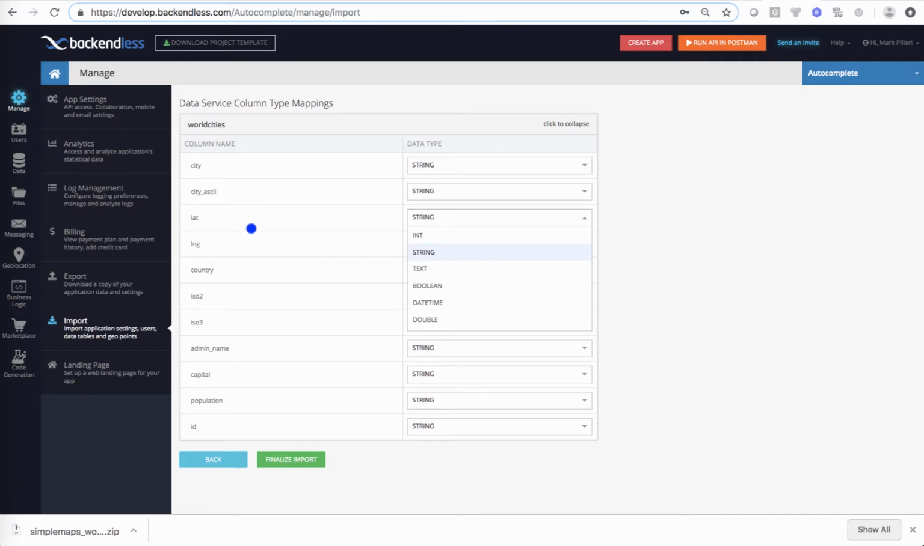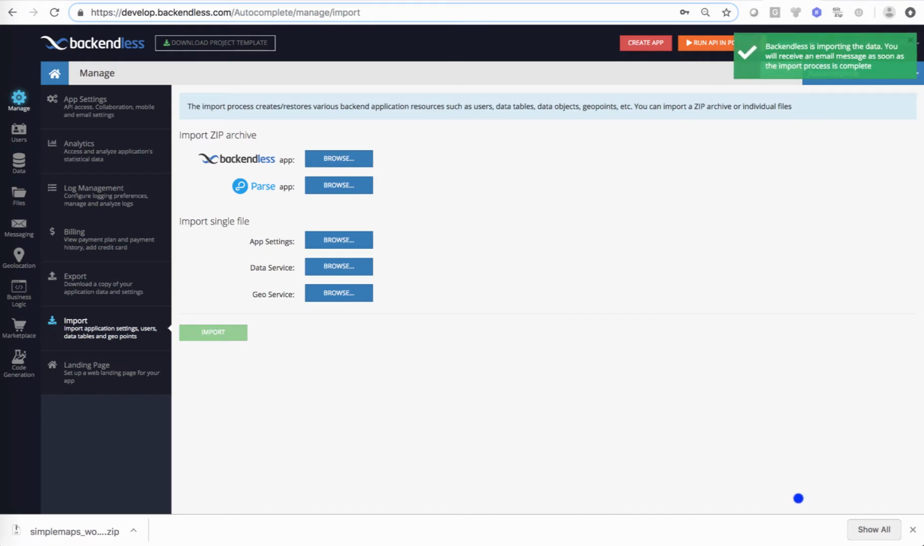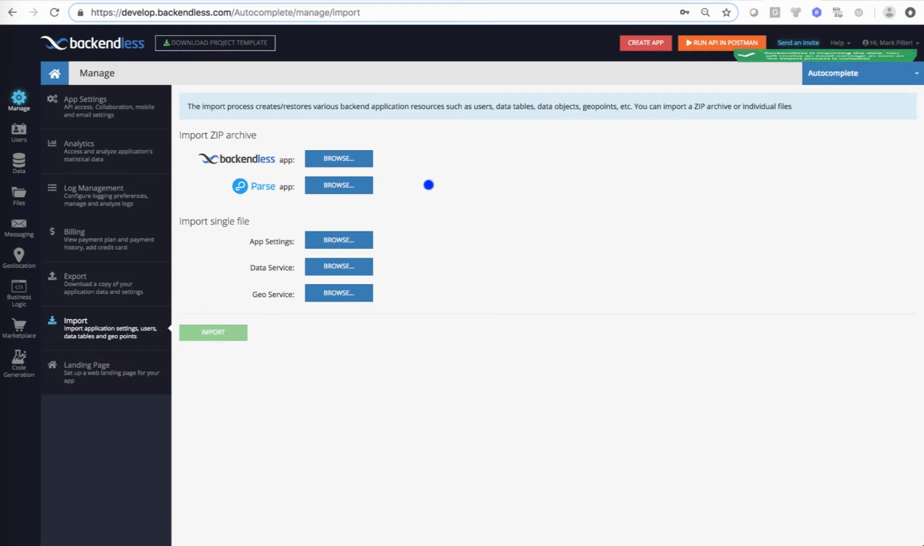So for the latitude, and we have latitude and longitude, we're going to select double, and we're also going to select double for population. In fact, for population we can select integer, and then for ID we could also select integer. Everything else can be a string. So click Finalize Import. Backendless is processing the CSV, and it actually creates this data in the database as we